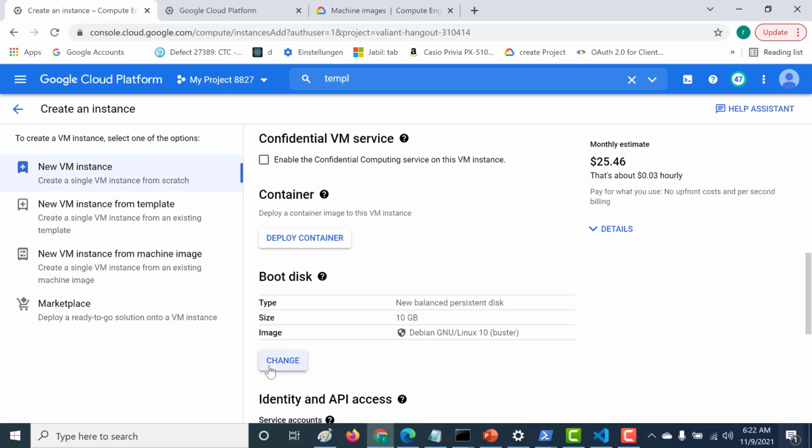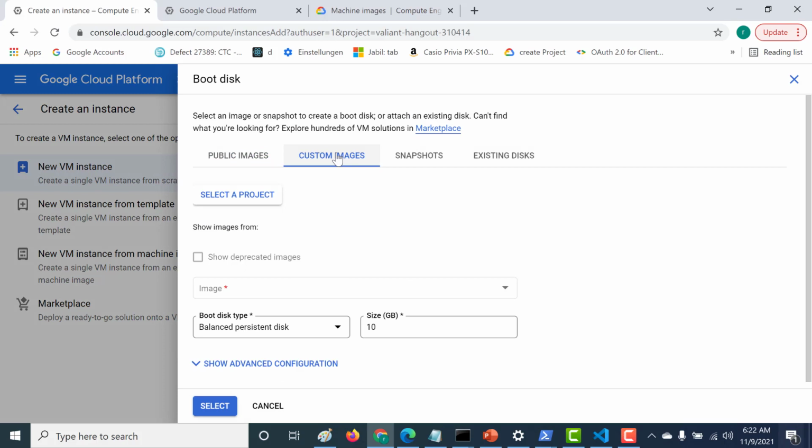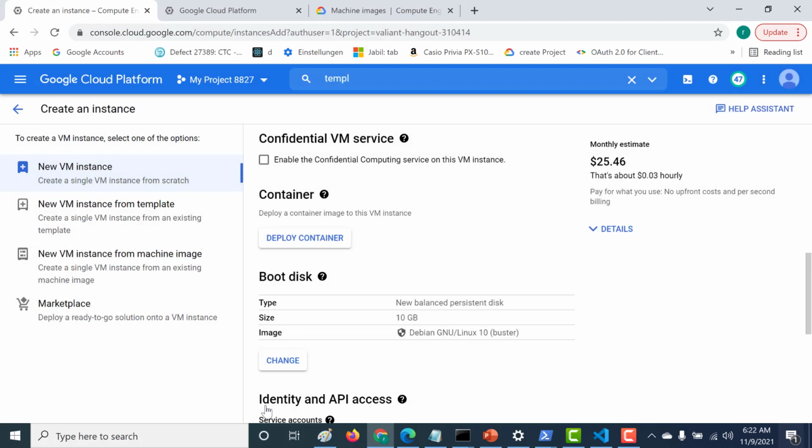You can click on change here, choose custom image, and within this, select a custom image that you've previously created. Using that custom image, you can create a virtual machine. The advantage here is that all the applications and software that are already in the custom image will be replicated in this new virtual machine that you are creating. So that is one advantage of creating a virtual machine using your custom image.